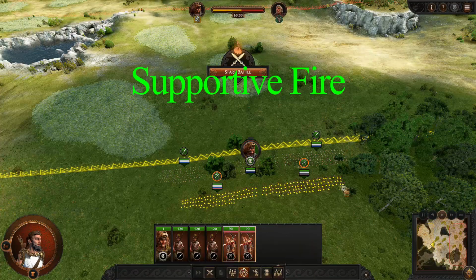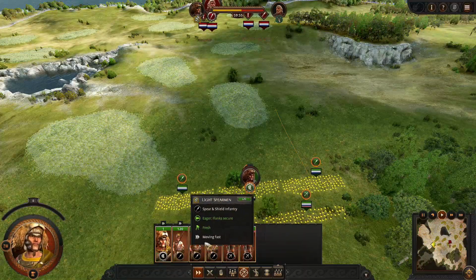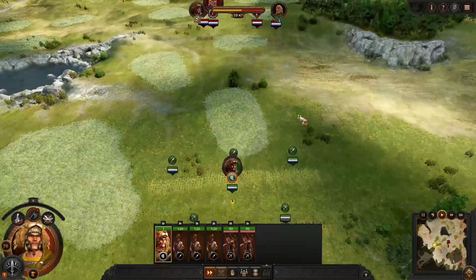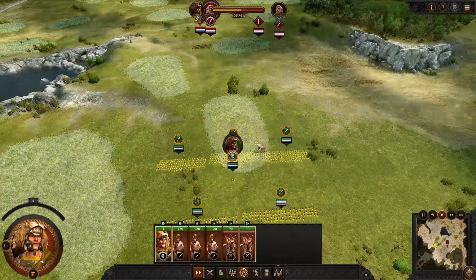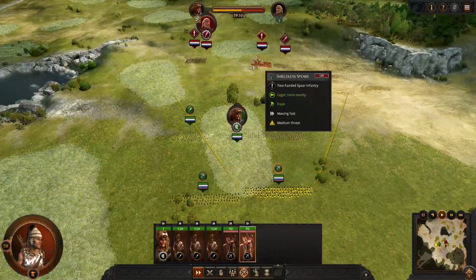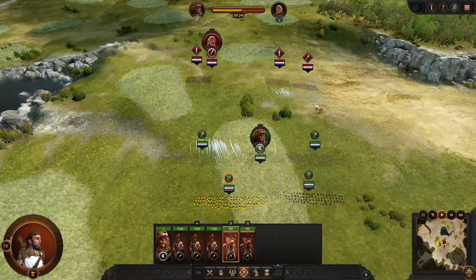Alright, so now we're going to look at how we can provide supportive fire for our frontline engagement. We're going to have some light spearmen just as our front line, and then some bowmen with a hero. And they will have some shieldless spears with Anatolian swords. Typically you want to provide supportive fire for your frontline engagement whenever the front line is engaged with shieldless infantry. This allows your missile infantry to generate a lot of value from firing into non-shielded units. So we'll have these bowmen go ahead and start firing at the non-shielded units, because they will take full damage